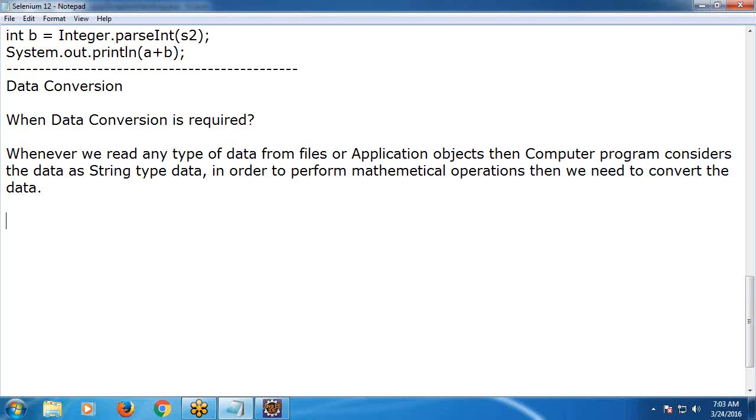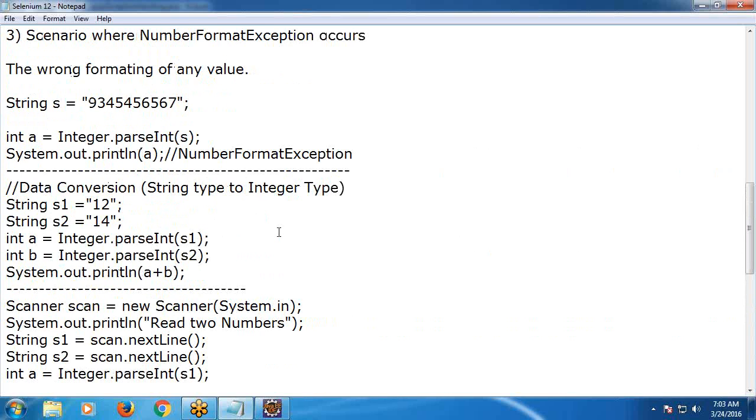See, when data conversion is required. Any confusion? It's clear, sir. I understood. Okay. Any confusion? No confusions. When is data conversion required? When we convert a string to integer, like phone number, data conversion is required. Whenever we read,